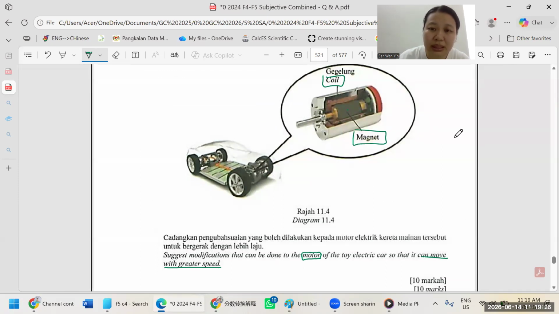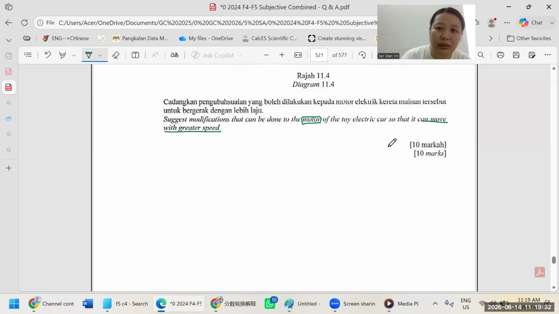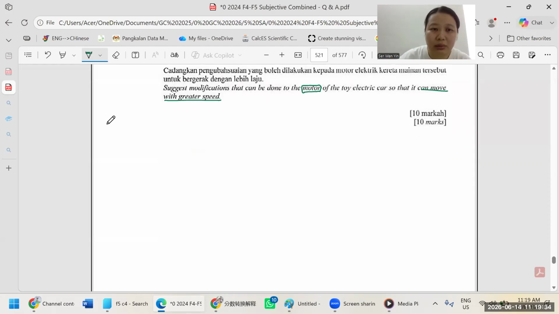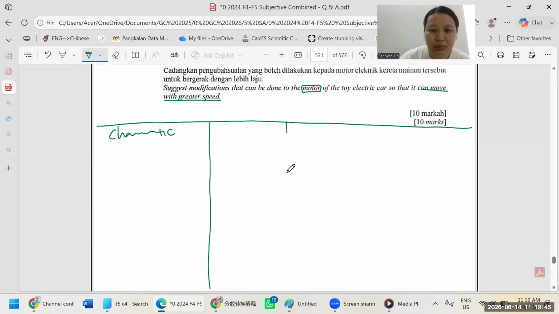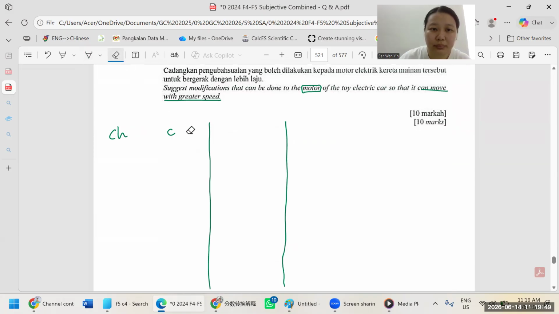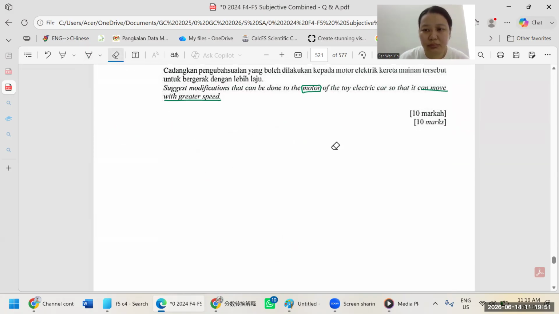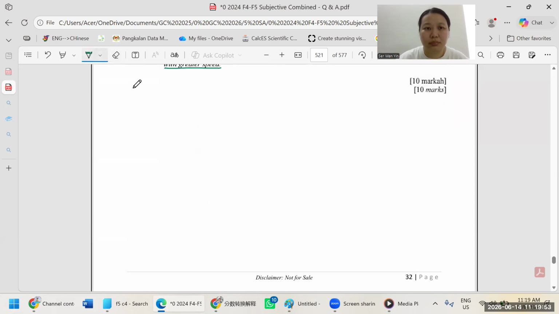That also is enough. Then, right, how is the coil? So actually, you can make a table like this. Number one is characteristic. Number two is